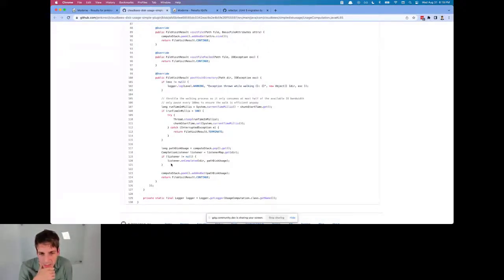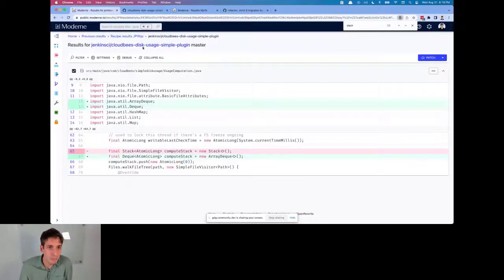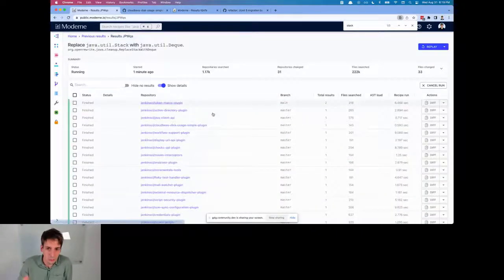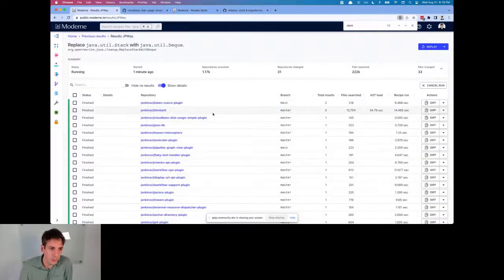That's the sort of principle of do no harm, right? Let's define a narrow thing that solves all of these problems. With just 10 minutes of work here, I've gotten 31 repositories changed. We continue to run here. I can just commit all of these, and that's the experience that we're really after.